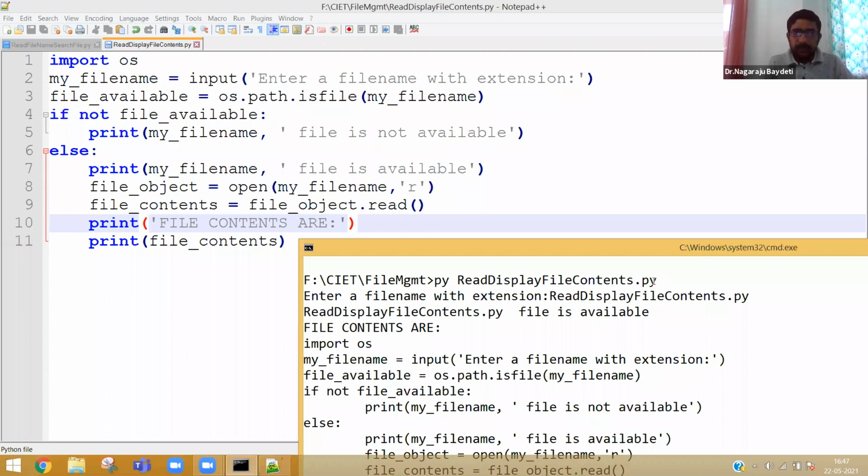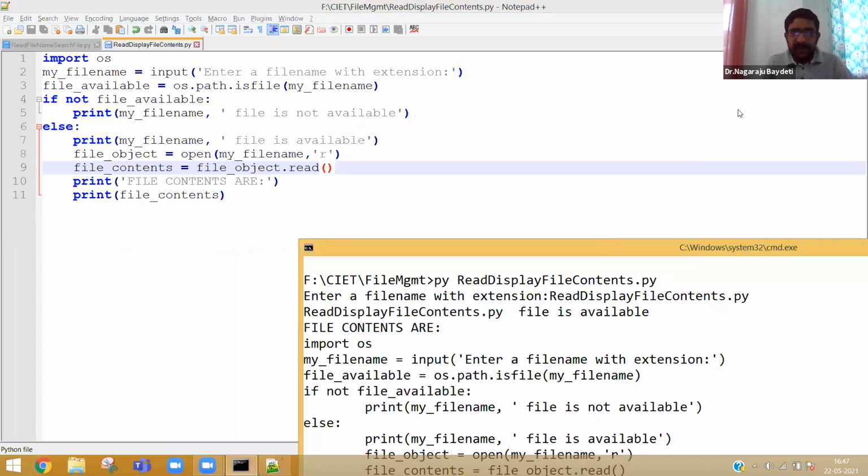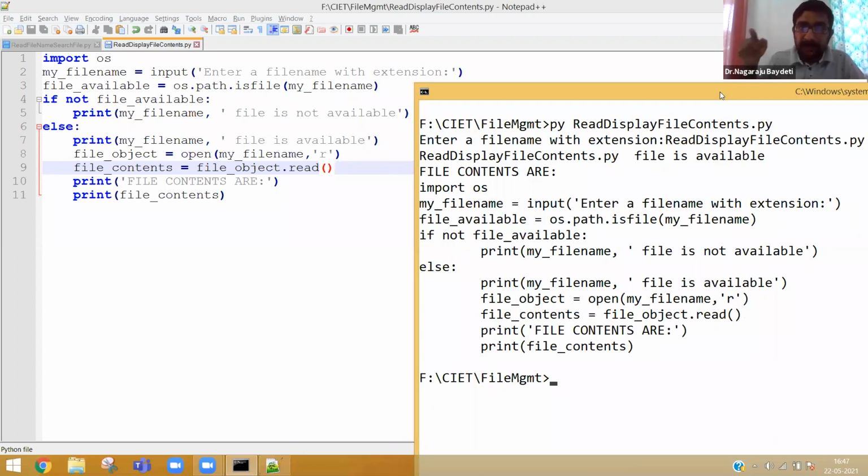Now, you can clearly see the file which is being executed is actually displayed again. I believe you guys are able to understand what I am saying. I gave the file name which I am executing right now. The same thing is coming in Notepad++.